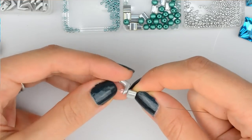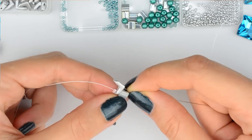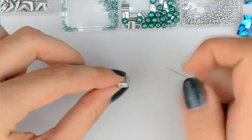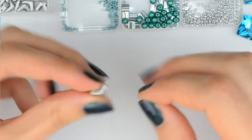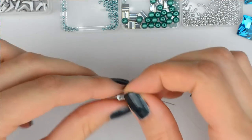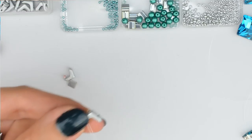So now the upper hole is sitting next to the hole of the Eva, and there's a loose lower hole. Then another Eva, this time from the top down of the left branch. Don't forget to check your holes, because this is a two-hole bead. So from top down,